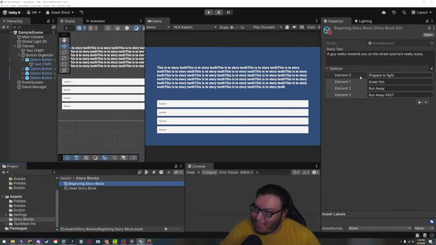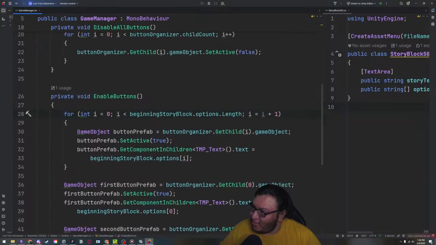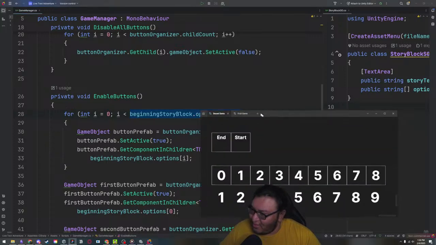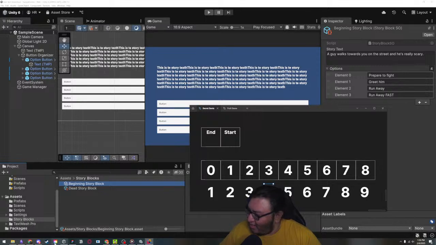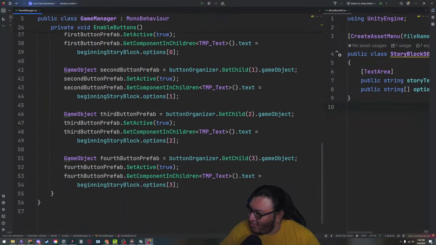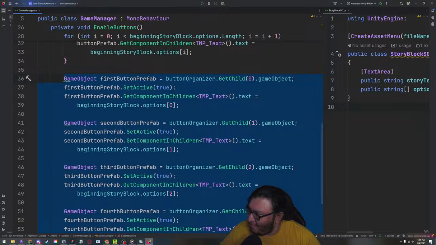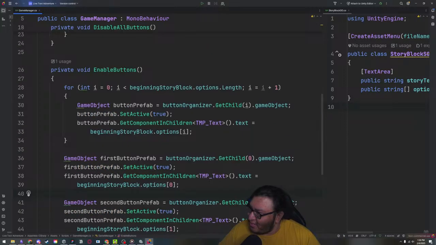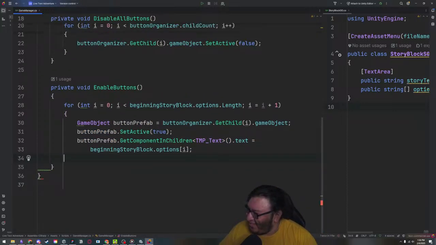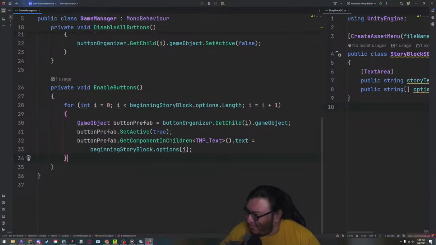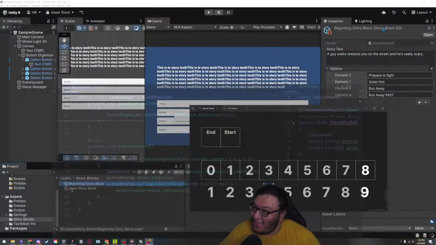Same thing over here for this beginning story: options.length is equal to 4, i is equal to 0. So 4, 0, and then we have our 4 different options, right? Anyways, this is what it's doing. I hope this was well explained. I feel like I tried to explain it like 5 different times, and I think that might have been more confusing than anything else. But now that we have this working, this should just work